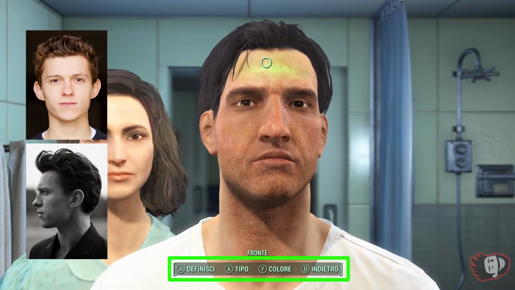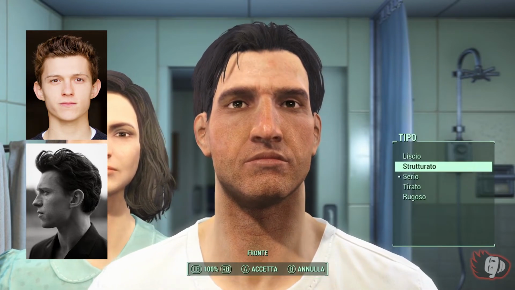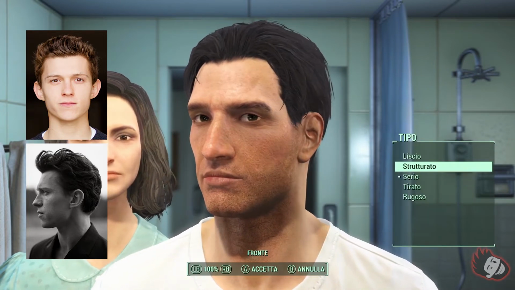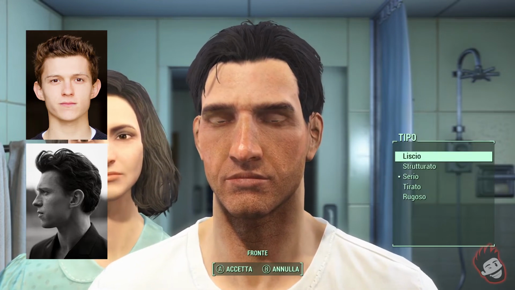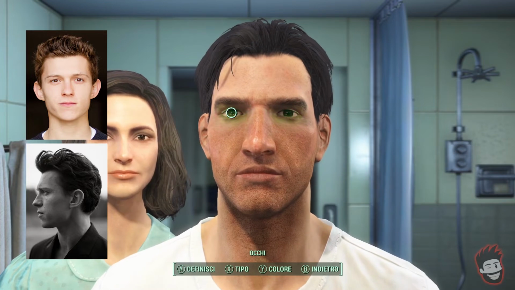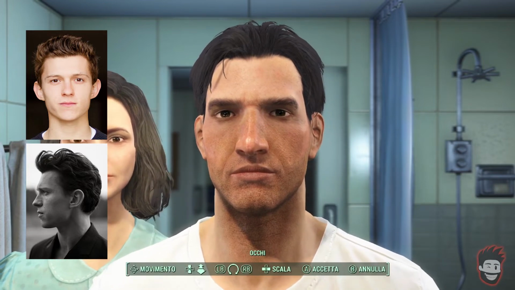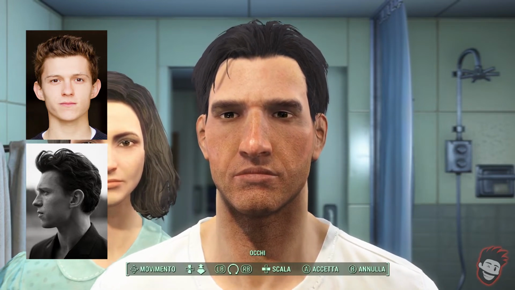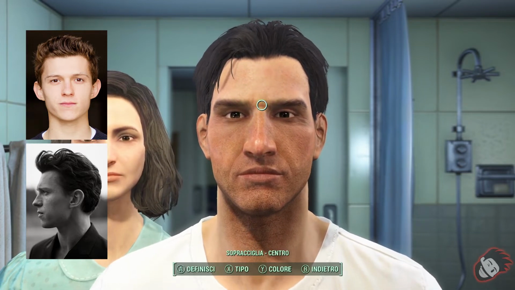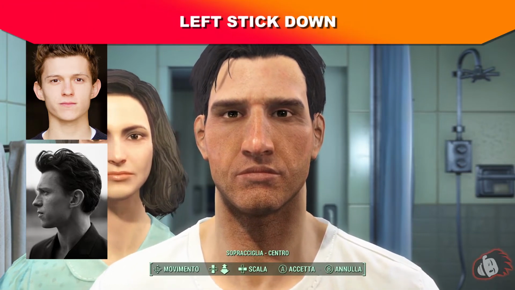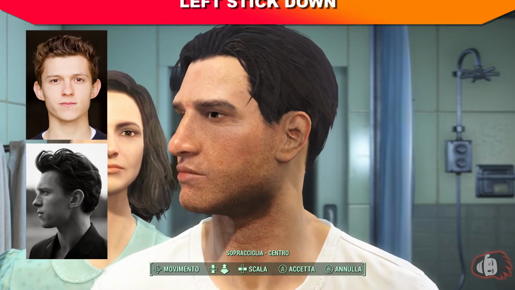An important step is to pick all the face parts you can and set the skin as smooth, like I'm doing here with the forehead. I did this later in the video when I recorded, but you can already get ahead. Now I noticed that the distance between the eyes was off, so I got them a little closer. Oh, and also make them a little smaller with the D-pad for the size parameter. Make sure to try and position the center of the eyebrows similar to how Tom Holland has it.